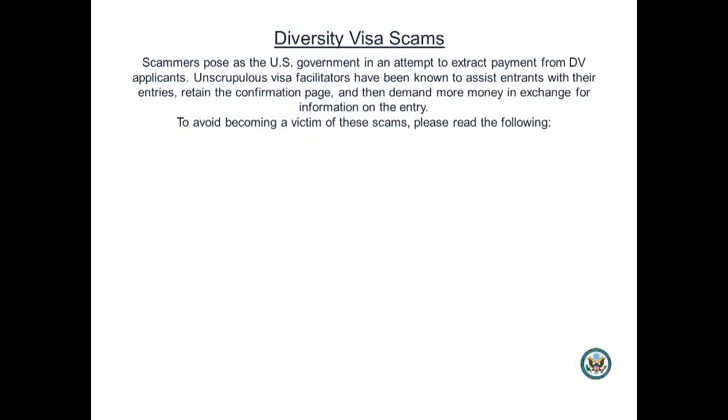Scammers pose as the U.S. government in an attempt to extract payment from DV applicants. Unscrupulous visa facilitators have been known to assist entrants with their entries, retain the confirmation page, and then demand more money in exchange for information on their entry. To avoid becoming a victim of these scams, please read the following. It is free to enter the DV lottery at